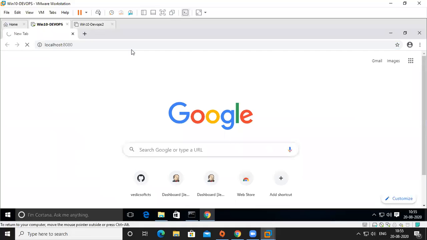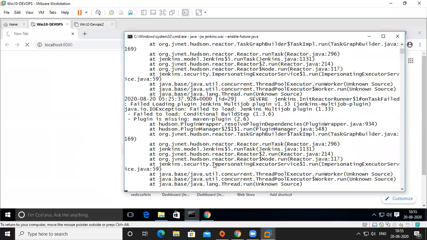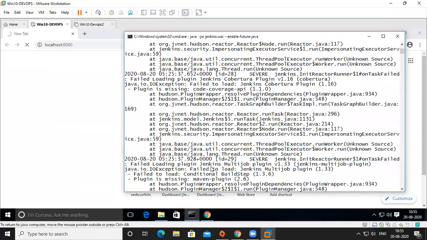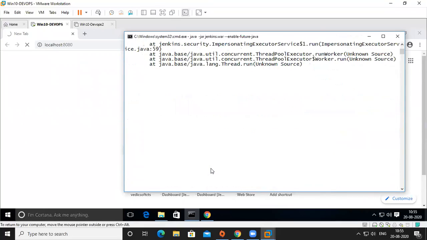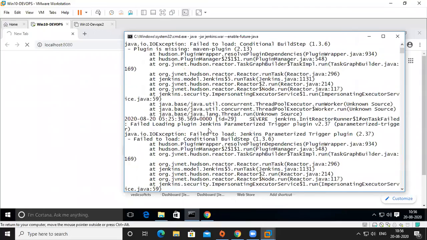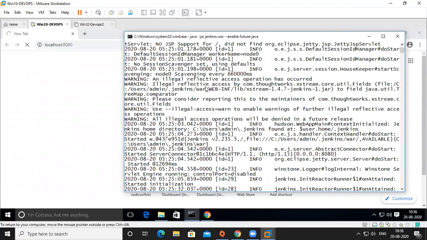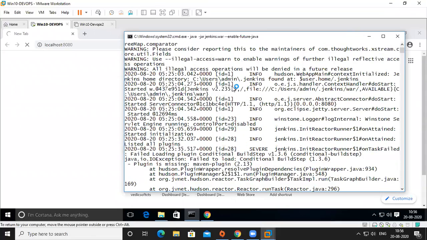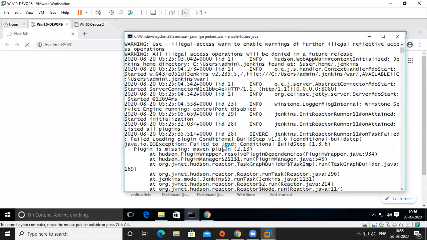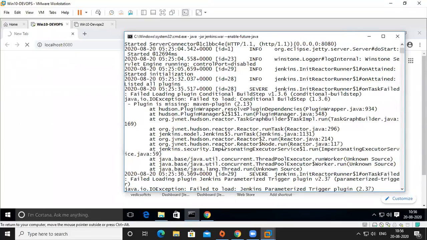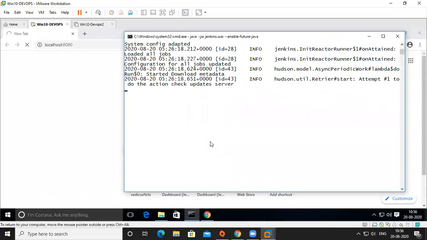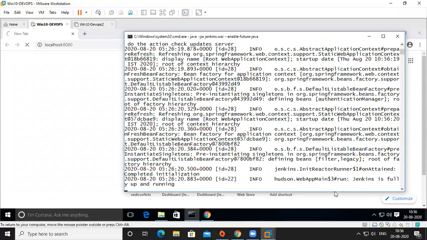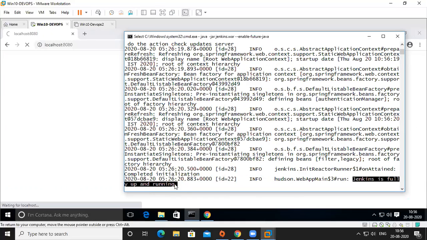Meanwhile, it will come up. It is checking plugins, but it's up and running. Somewhere it will show here that it is up and running. Okay, let it load. Yeah, now it is up and running. Jenkins is fully up and running. If it is showing, this will work.